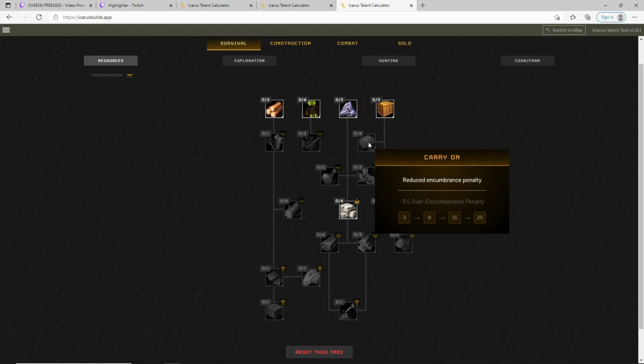The next talent I want to talk about is Carry On. I didn't really talk about this one in my last video either, but this one right here reduces your encumbrance penalty, and if you get all 4 talent points in it, it does it by 25%, which is huge. Getting this talent